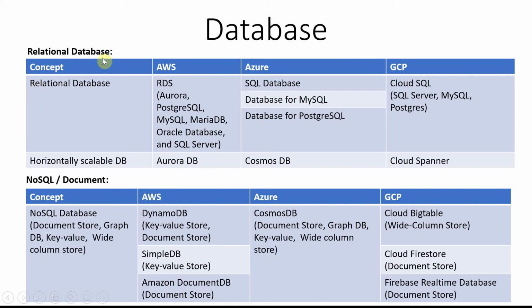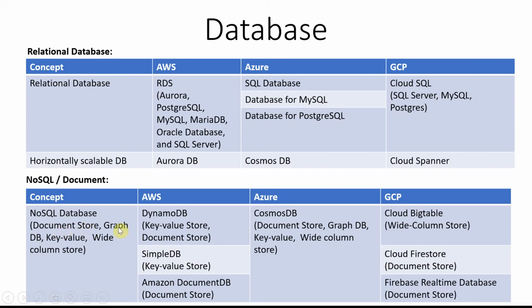Then that's on the relational side, and NoSQL equivalents. If everything is NoSQL, there are a lot of subcategories inside NoSQL. Like the document store, which is a specific document. Every row that you talk about in a typical RDBMS is called a document. So there are a lot of variants there.